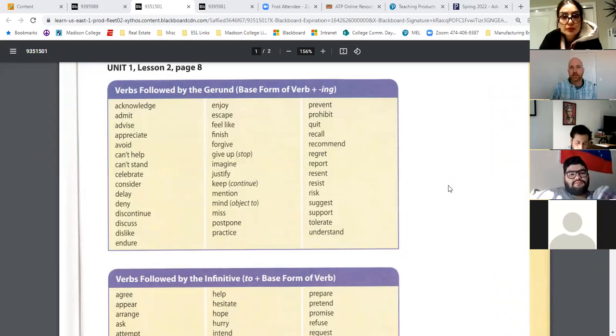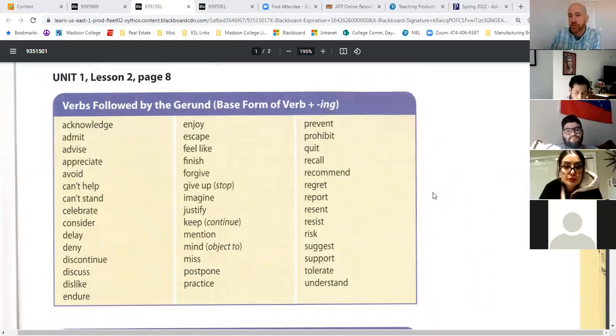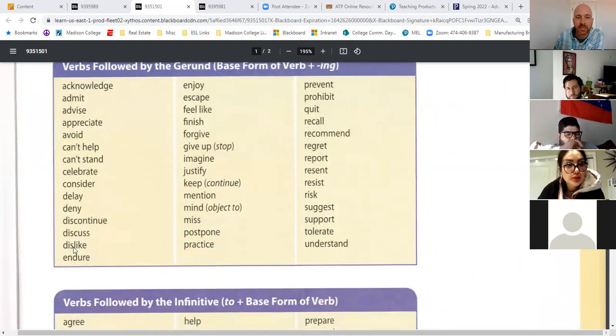So the best way to study gerunds and infinitives is to know that they belong to and are used with certain verbs. In Blackboard, the second handout I have is a list of verbs, and these verbs will be followed by a gerund, followed by a verb ing form. So a common verb, for example,